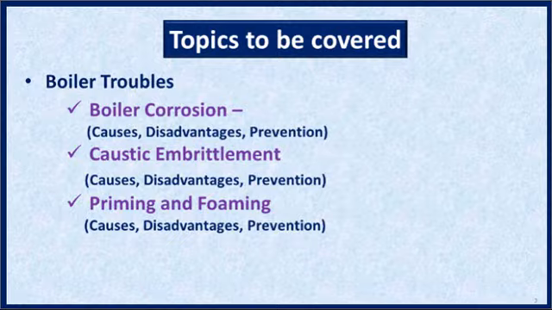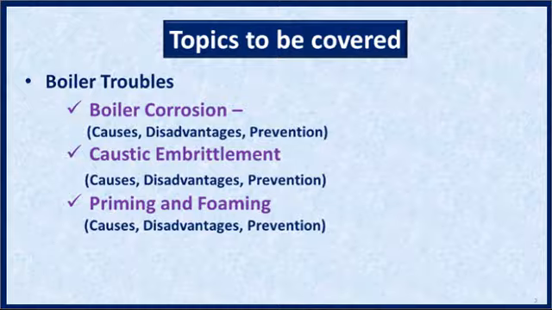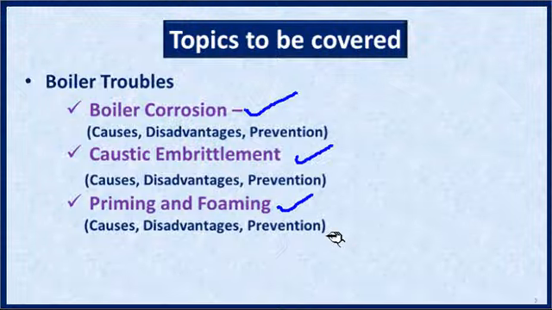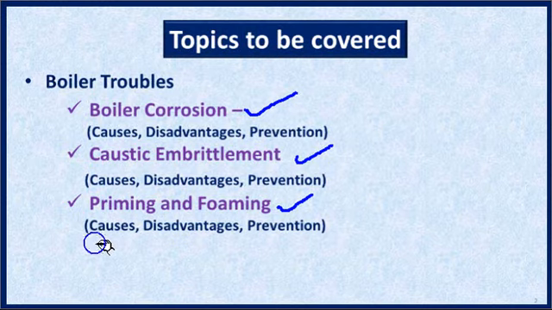In today's video, we will discuss the boiler troubles. In our previous video, we have already discussed one of the boiler troubles, that is scale and sludge formation. In today's video, we are going to discuss boiler corrosion, caustic embrittlement, and priming and foaming. All these three boiler troubles will be discussed in detail, which includes the causes, disadvantages and prevention of these three